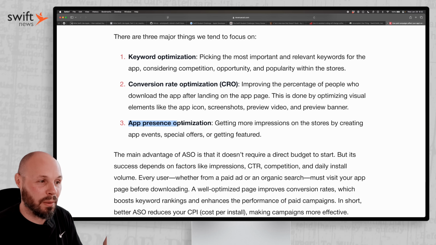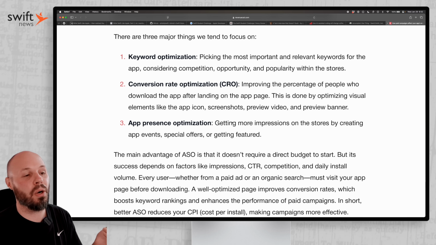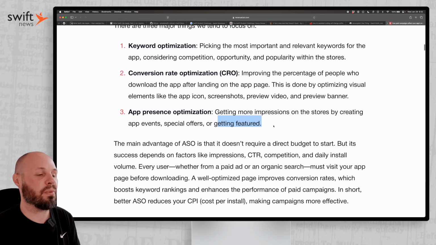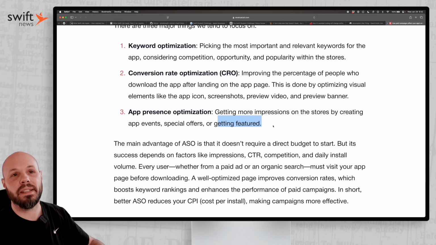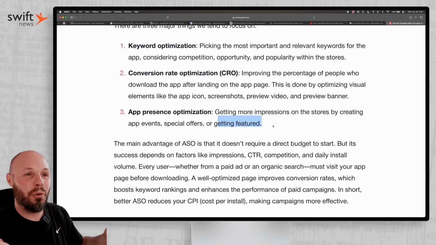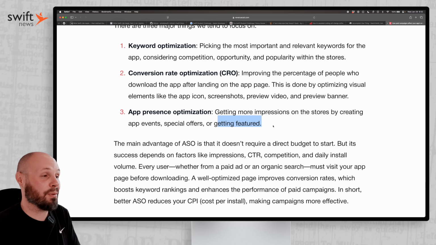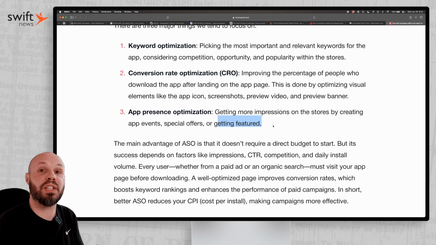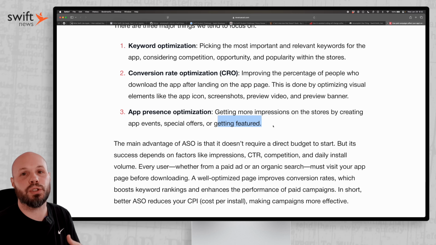The app presence optimization, I hadn't actually heard that term before, but I know if you create app events or special offers or you've gotten featured, that also helps with your ASO rankings. But again, the idea is get your stuff in order before you start paying money to drive traffic to your App Store page. So that's first and foremost, but let's talk about why paid ads actually improve your organic traffic,